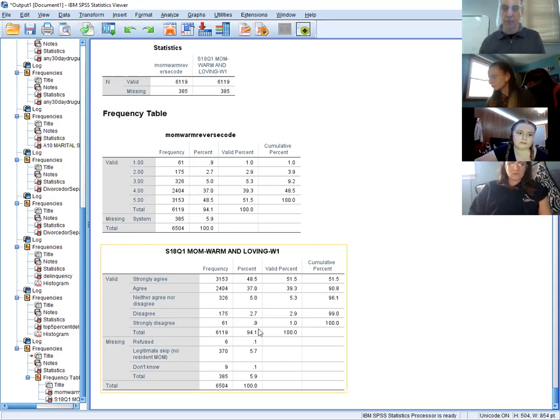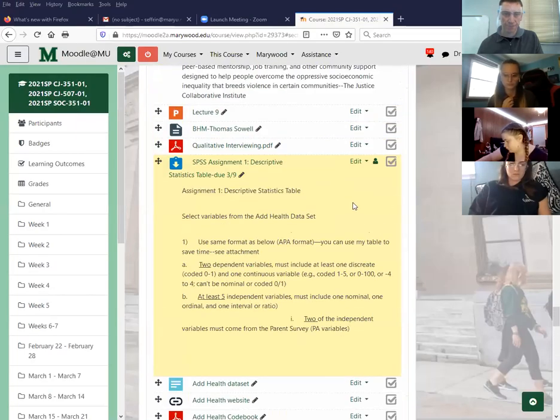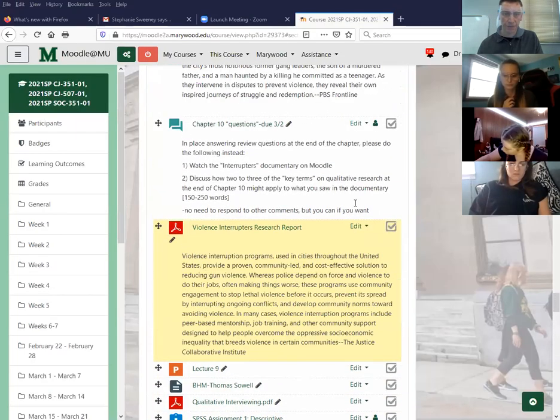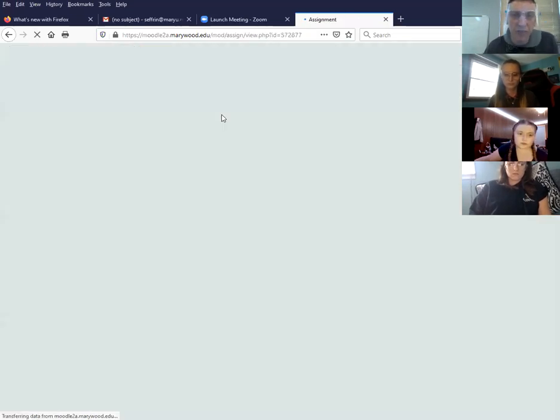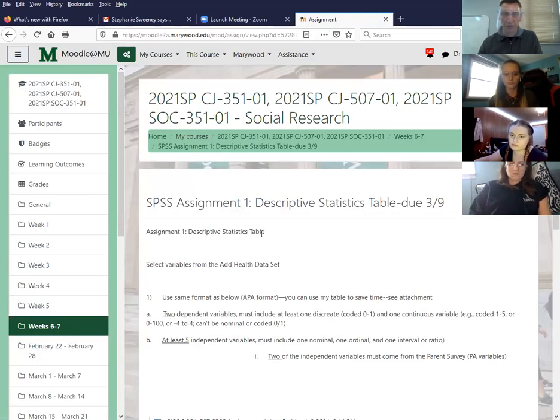There is a homework assignment. Let me show you what to do for that, or let me just bring up the screen. It's pretty self-explanatory, but just so people are clear, there is a table in there that you can just use, my table. There's no need for you to fuss and make your own table. It is easy to make a table within Word. Don't try to do it within Excel, because that will